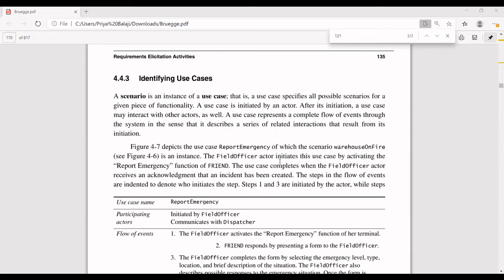As we started, you remember that we have so many use cases. So inside one use case, you can have different scenarios. Like that, you can have how many use cases? You can have any number of use cases according to the project or according to the requirement from the client side. Right. So here they have shown you one of the use cases, like how exactly the use cases have to be.